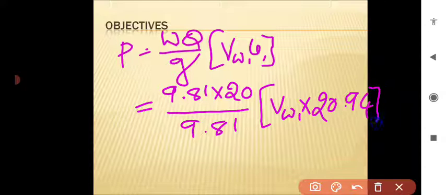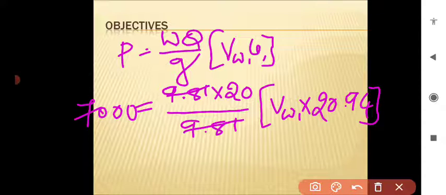We are also given power is equal to 7000 kilowatt. Simplify and solve it, you will get the Vw1 value. Here the 9.81 and 9.81 get cancelled, and finally